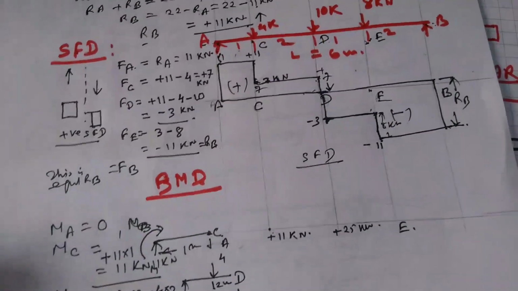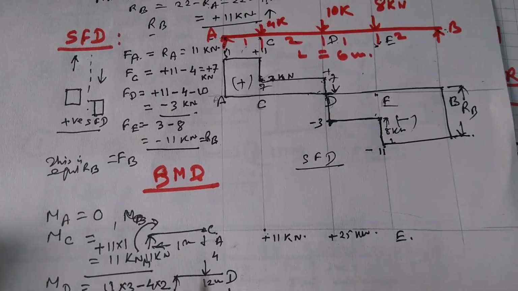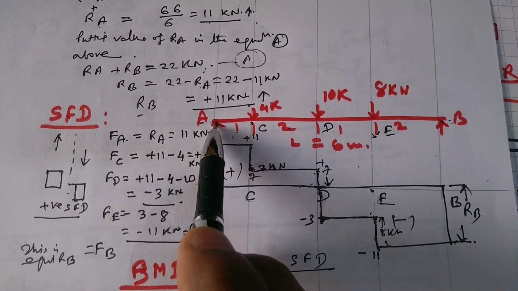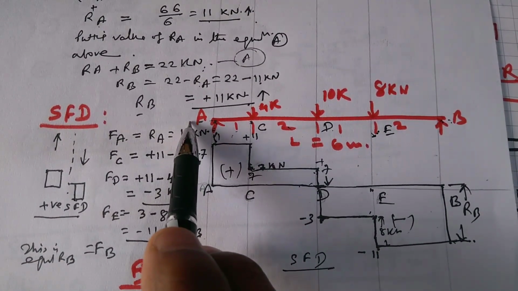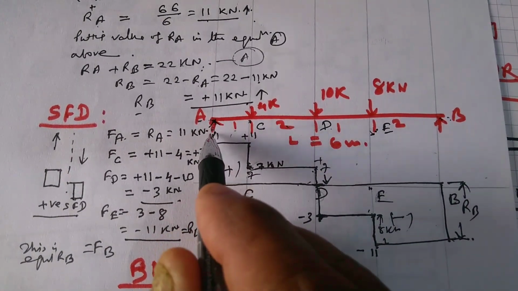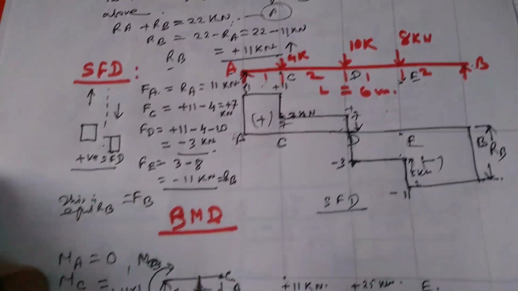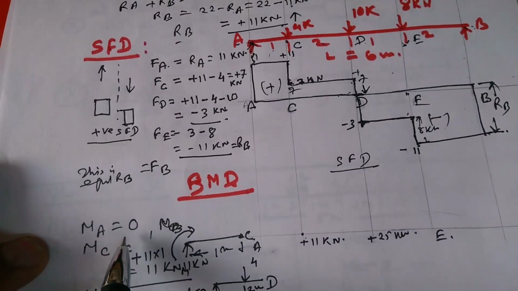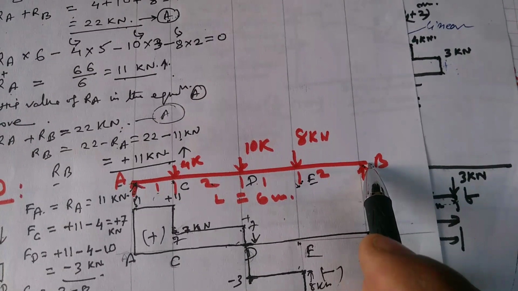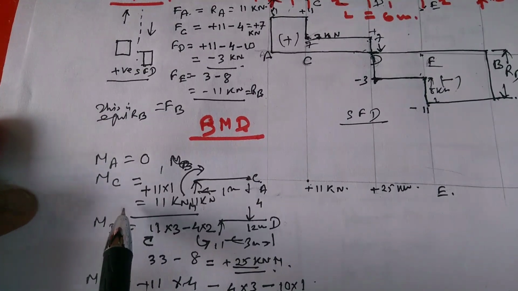Now friend, come to the bending moment diagram. I am taking the bending moment at A, MA, equal to 0. Why is this 0? Because on the left side there is no distance, and distance multiplied by load is equal to 0. The load RA is there, but the distance is 0 if you take from left, so MA is equal to 0 for the support. Please remember that for the end supports, MA and MB, the bending moment is always 0. You need not calculate it; directly you should remember this.